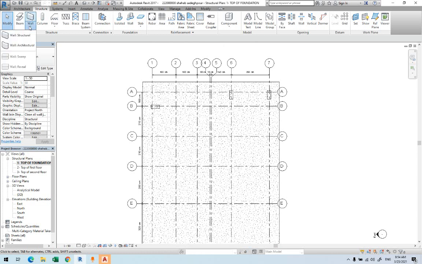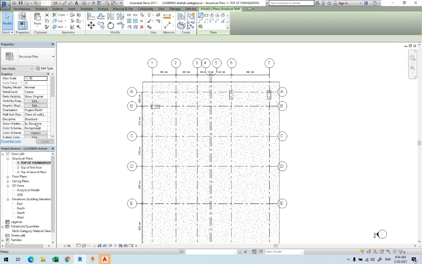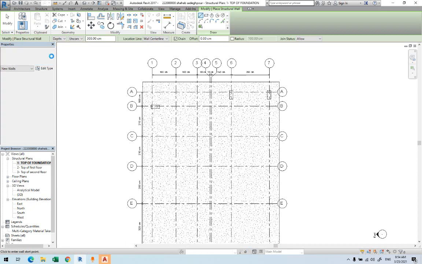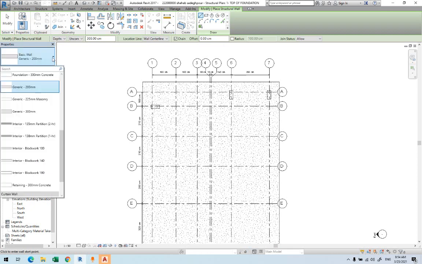I want to go and create a wall. Now creating a wall, I'll explain both of them. First, structural wall. When you click on the structural wall, we'll wait for the properties to open here and to see if you have a family inside it. Now by default, it's written generic. Now generic does not have any material. So if you open the list,